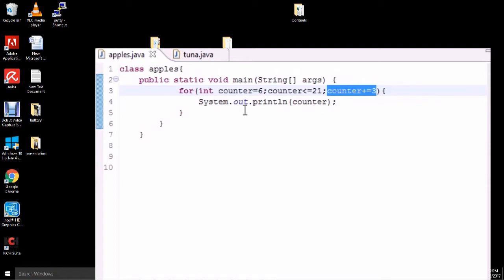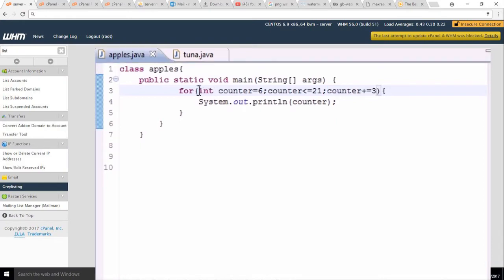Again, it takes 3 statements or parameters. The first one is where you want to start. The second one's where you want to end, or it's going to run as long as this condition is true. And the third one is how much you want to increment by. So this is a variation. There's also the while loop and the for loop we've learned thus far. There's also a couple other loops that I'm going to be teaching you probably in the next couple tutorials. But for now,